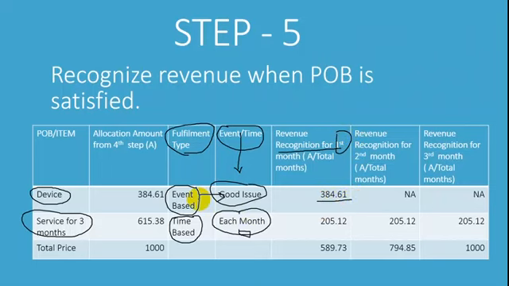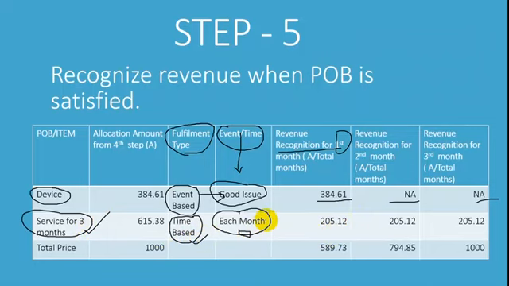That means we are recognizing the complete allocation amount. Why? Because our event is goods issue. Whenever goods issue happens in the first month, we are going to recognize 384 in the first month. So as we are recognizing 384 in the first month itself, there will be no recognition for the device for the next 2 months. Now, when it comes to the service, because it's time based,